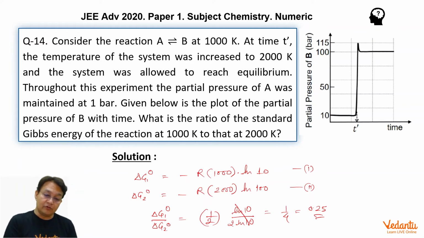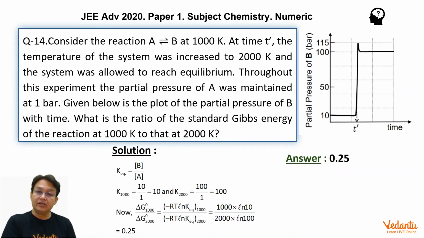So it's a pretty straightforward question, a very simple question of equilibrium, rare questions of equilibrium, but the graph was there to confuse you, to buy some time. You have to go through this whole problem, so it will consume some time. But if you read the problem carefully, there is nothing in this problem. If you're not confused by looking at the graph, that some element of time you need to take care of here, your fundamentals should be absolutely clear that for equilibrium, no time consideration is needed. There is no significance of t. This was also, I think, intended to create some kind of a doubt in your mind. So t was not required at all.